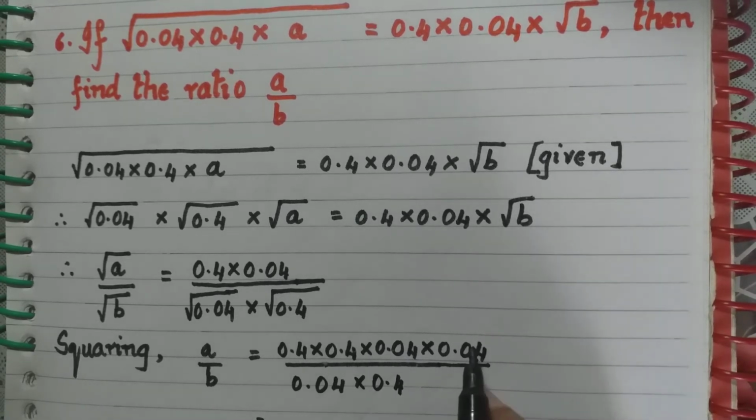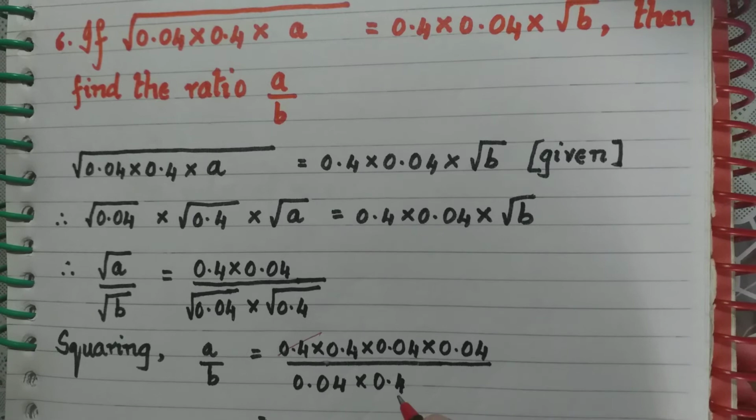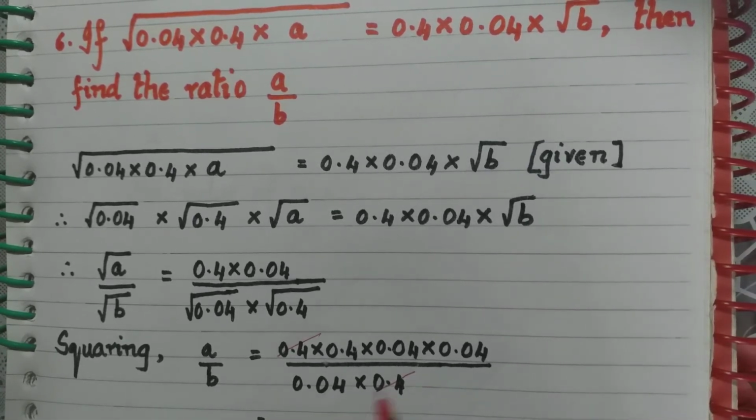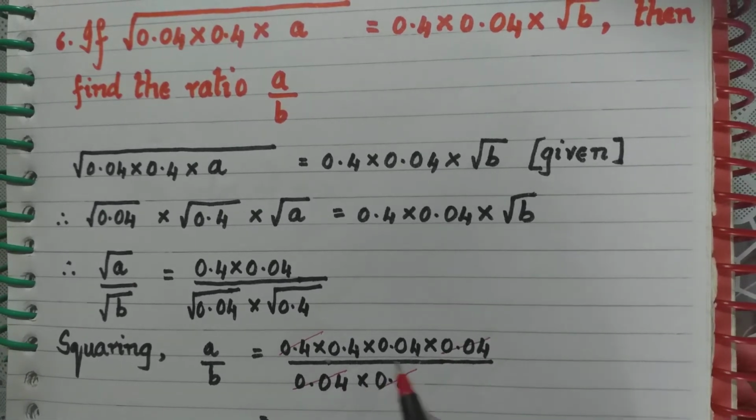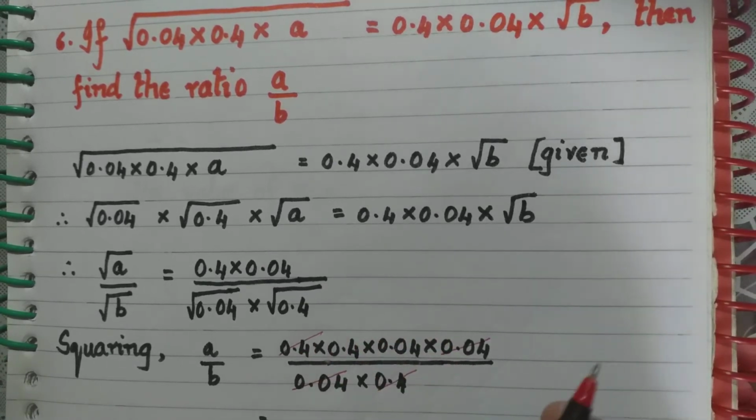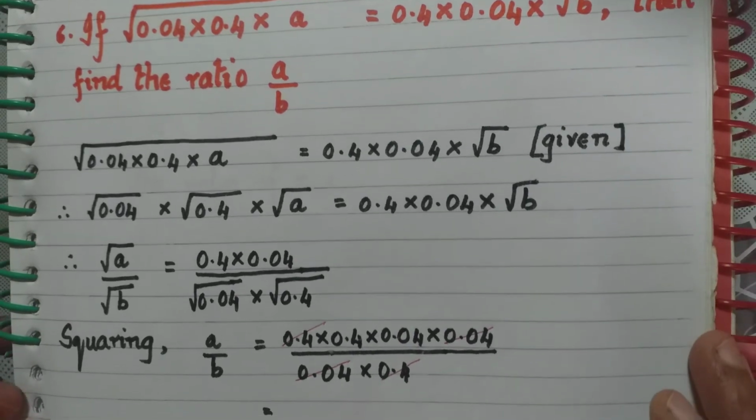Now at this stage, what do I do? I look at the numerator and denominator and see what I can cancel. Okay, I have here 0.4. Even the first term in the numerator is 0.4. So I can cancel these two. I see here there is 0.04. The last term in the numerator is 0.04. So I can cancel it. You can cancel any of the 0.04 or any of the 0.4s. I have just cancelled the first and last. So these two terms remain together. Okay. Now let us see what is left now.